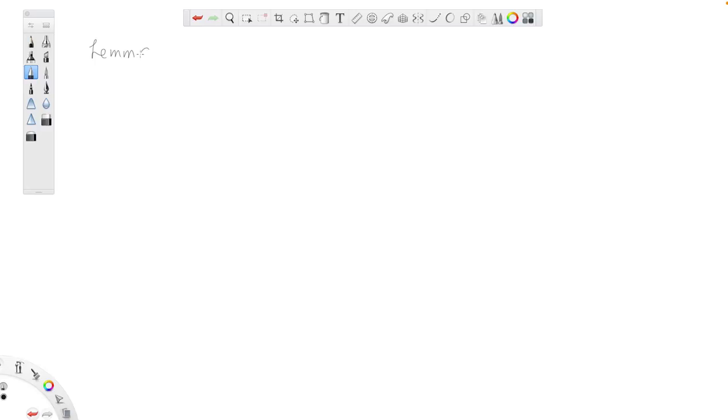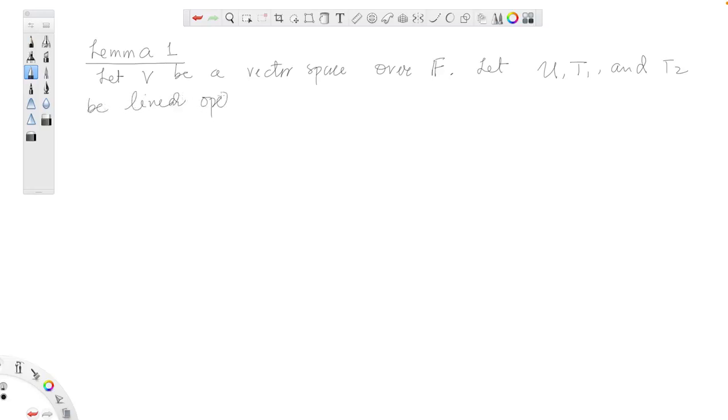Lemma 1. Let V be a vector space over F. Let U, T1 and T2 be linear operators on the vector space V, and let C be a scalar. Then the following hold: